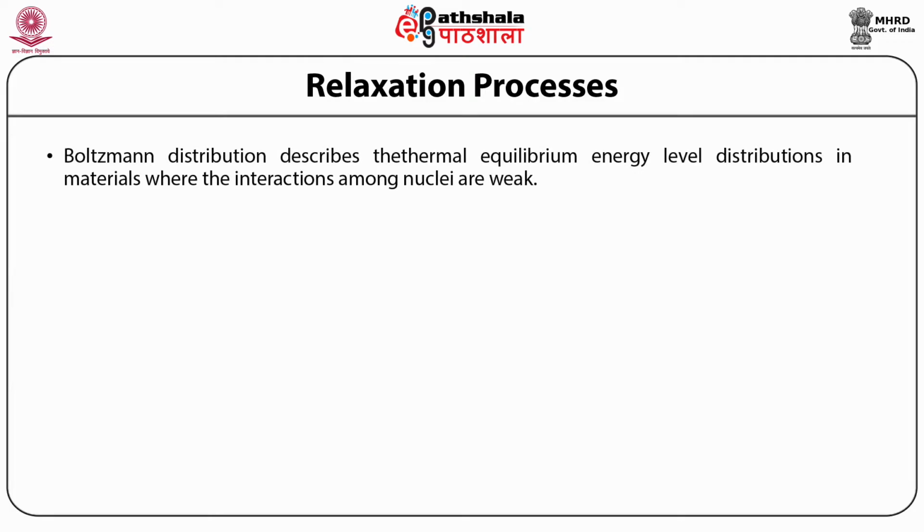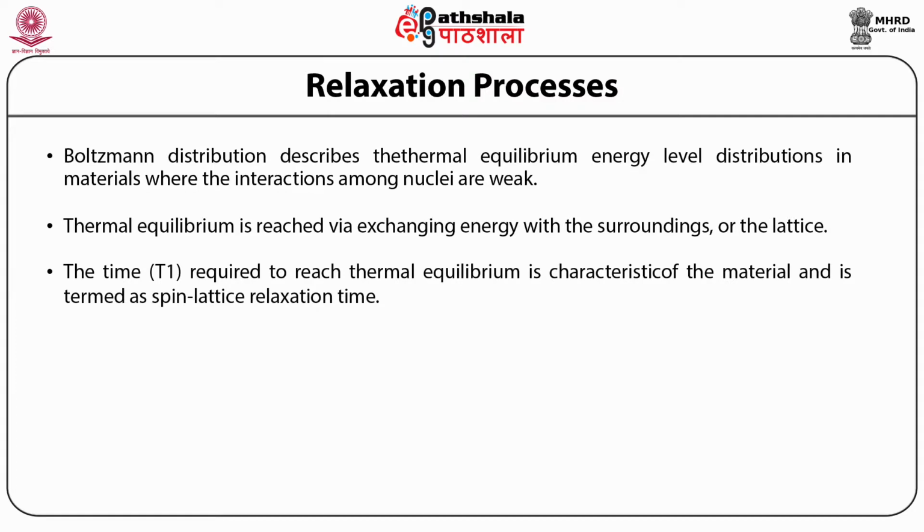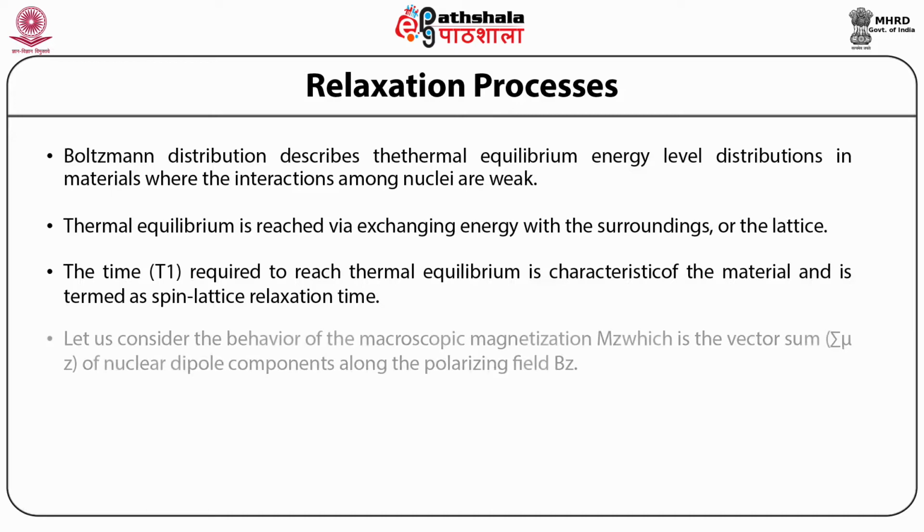The Boltzmann distribution describes the thermal equilibrium energy level distribution in materials where the interaction among nuclei is weak. Thermal equilibrium is reached through exchanging energy with the surrounding or the lattice. The time T1 required to reach thermal equilibrium is characteristic of the material and is termed the spin lattice relaxation time. Let us consider the behavior of the macroscopic magnetization Mz, which is the vector sum of the nuclear dipole